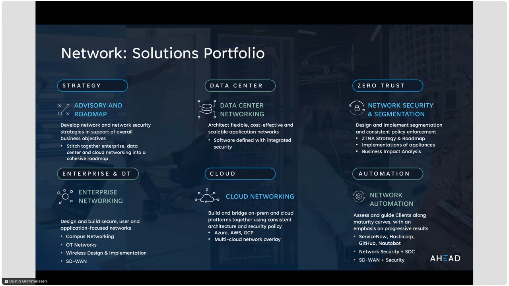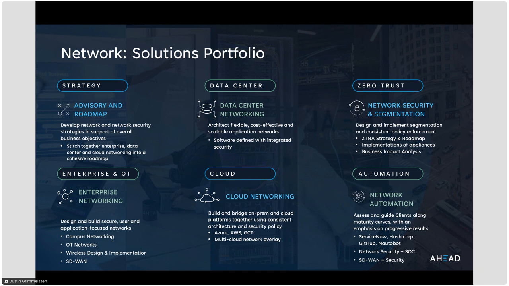When applied, that can be applied in data center networking, cloud networking, out at the enterprise, or in the OT spaces for the businesses that have that. And then two things that cross this entire perspective are the security of the network and how that network is automated. As we look across all of these major pillars of the networking business, almost all of them require the ability to handle large scale refreshes and large scale lifecycle management of networking assets, no matter where they are, from data center to the edge to the cloud.